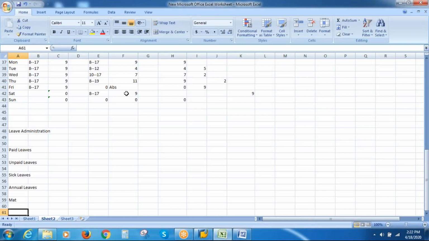The varieties of leaves offered to employees will depend on the country and the country-specific statutory norms, and also the industry. It also depends on what kind of employee it is, whether firm or contract, or which division the employee works in.